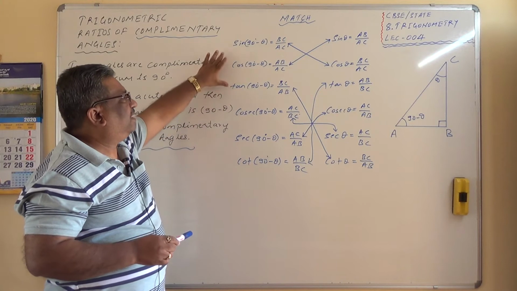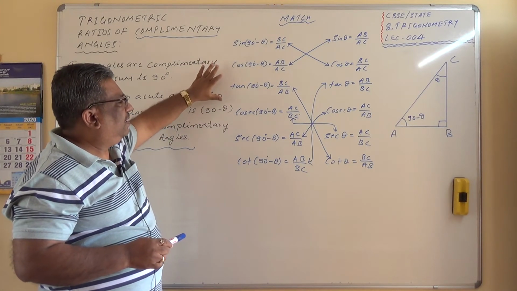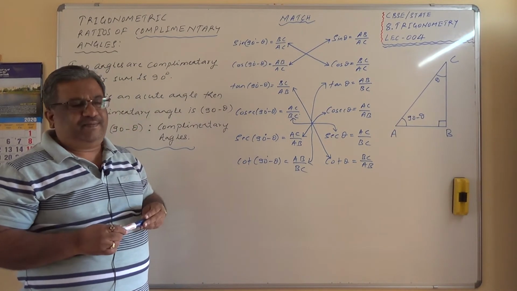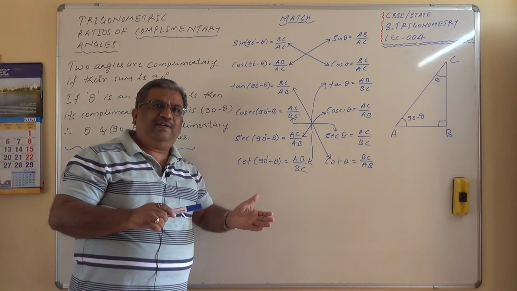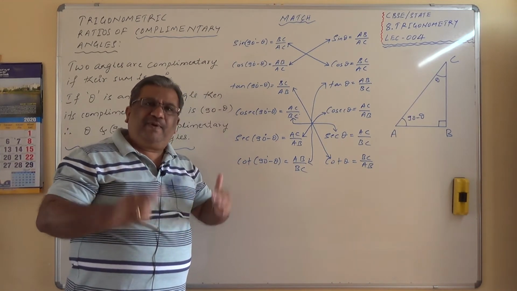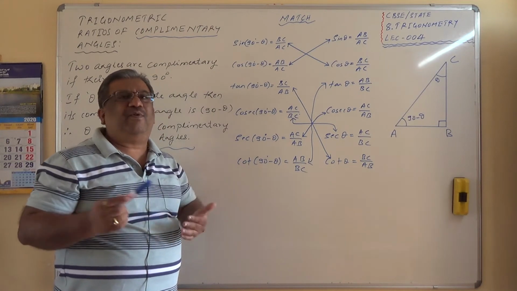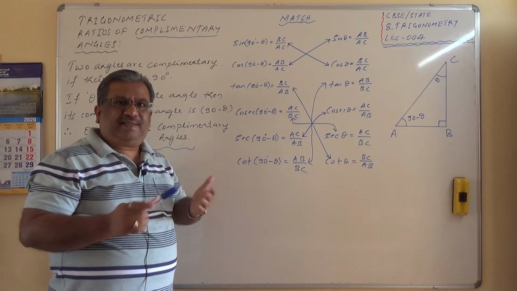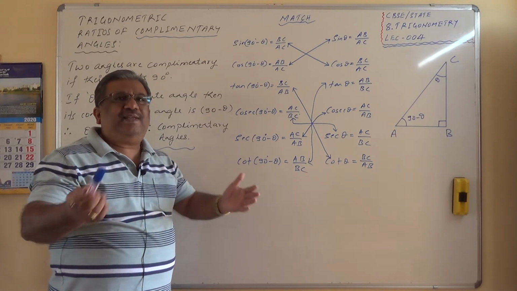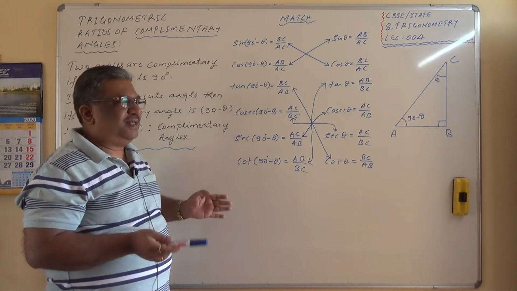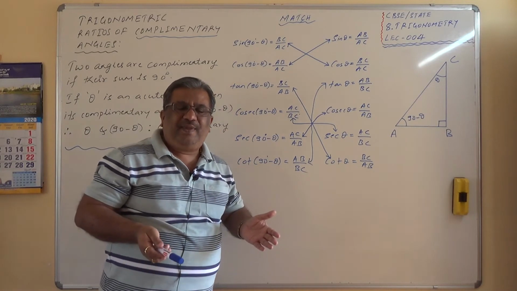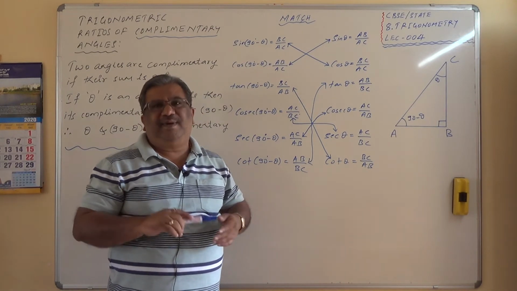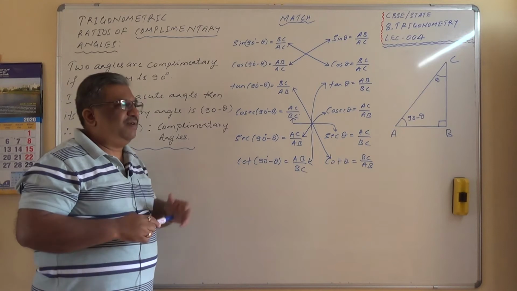Similarly secant, if it is a function, cosecant is a co-function. So basically function, if you prefix with co, it becomes co-function. Sine, cosine, tan, cotangent, secant, cosecant. So these are complementary angles. For example, sine theta equals cos 90 minus theta, tan theta equals cot 90 minus theta, secant theta equals cosecant 90 minus theta. This is what we can remember, functions and co-function.